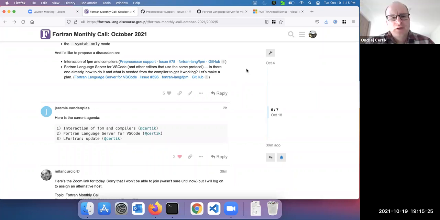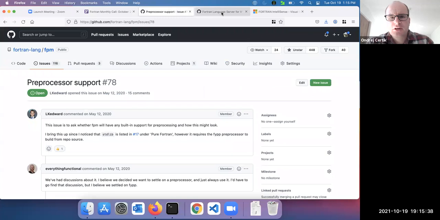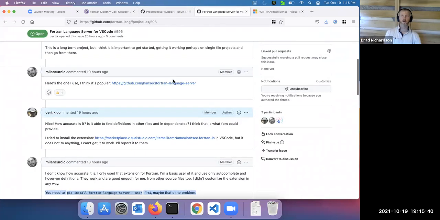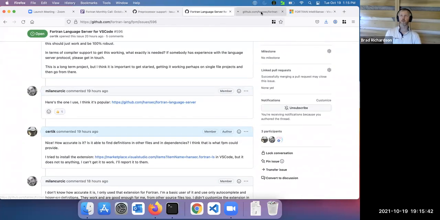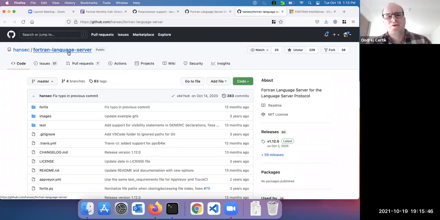I guess one question I have is how should we organize development of the language server? Maybe we can ask this project wherever it was. So there is a standard for a language server protocol. Yeah, well, that's the standard. But what I mean, should we cooperate with this? It would be ideal if we can. Maybe we should just ask them if they would be interested in brainstorming with us how to make this work